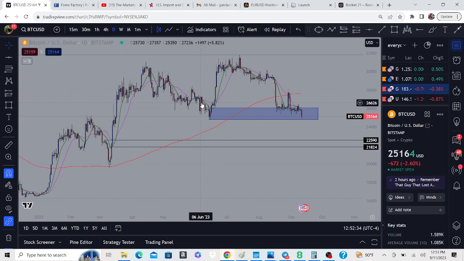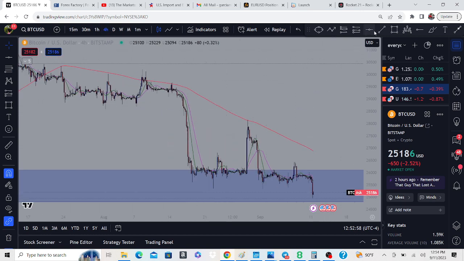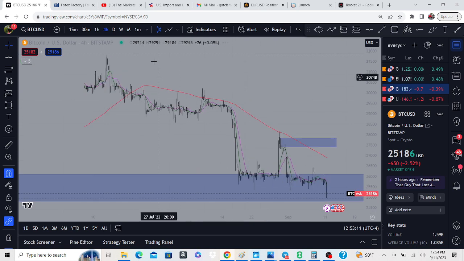If price does not break under this key level, which is the lows right here, and does not close, it has to be a close. If price does not close under 24,800, and it respects that 24,800, and we get some sort of confirmation, and we start a trade above this area right here. If you jump down to a lower time frame, perhaps we do start a trade above right here, which is on the close, which is 27,